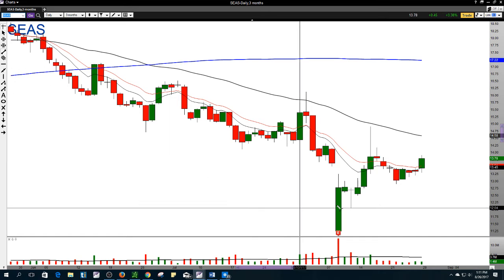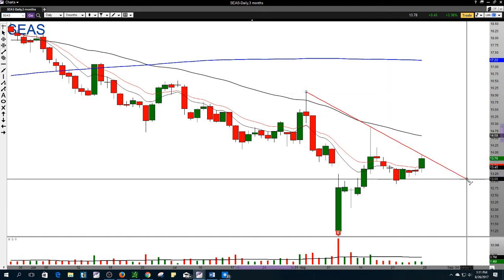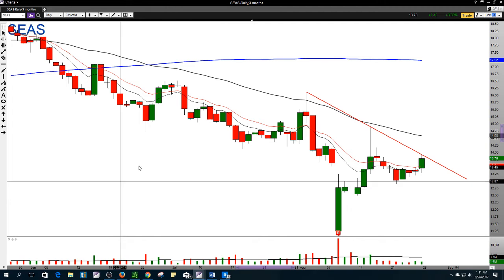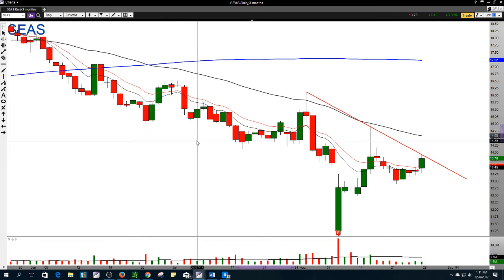Look at the chart a little bit objectively, and you'll see that the short-term downtrend was being tested on Friday. Continuous buyers on Friday's session, even into a weaker market condition, and that is always a bullish indicator. So on C's, if the chart breaks over Friday's session high, play it on the long side. I think it's got a point to the upside up to about $14.50, where then it comes into some areas of resistance